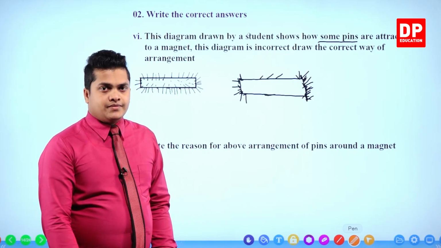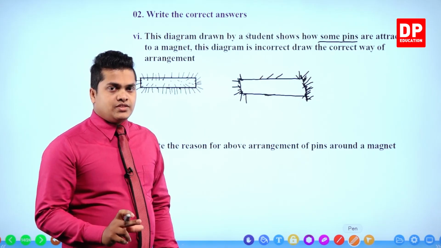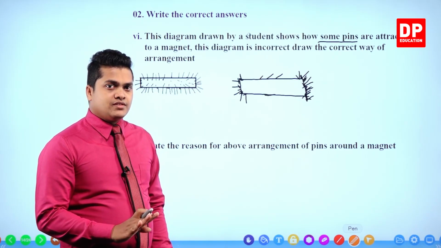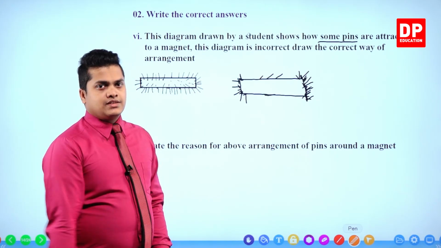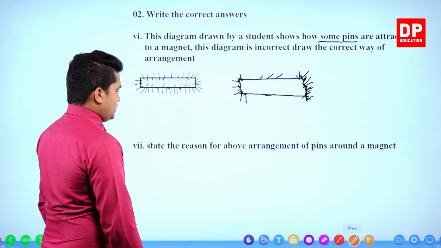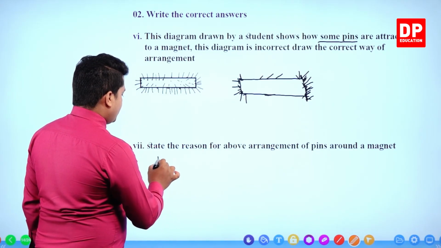So at the two ends you can observe more pins, and at the middle very few pins. So magnetic poles